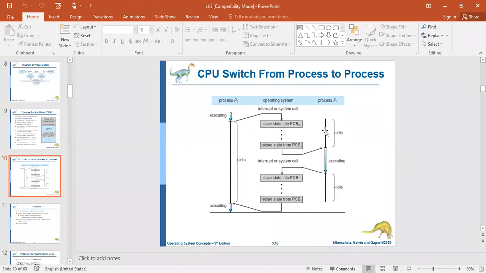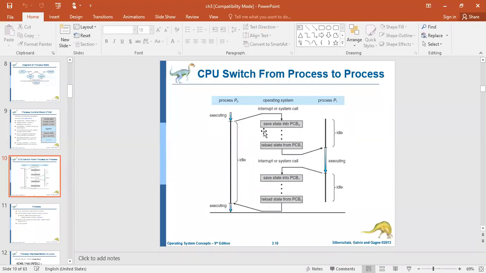So the CPU is always busy, so that a number of processes get executed in a period of time. Here you can observe this is process 0 and process 1. These are the two processes. The CPU is executing the first process. That is interrupted by an interrupt or a system call, and the state is saved into the PCB.